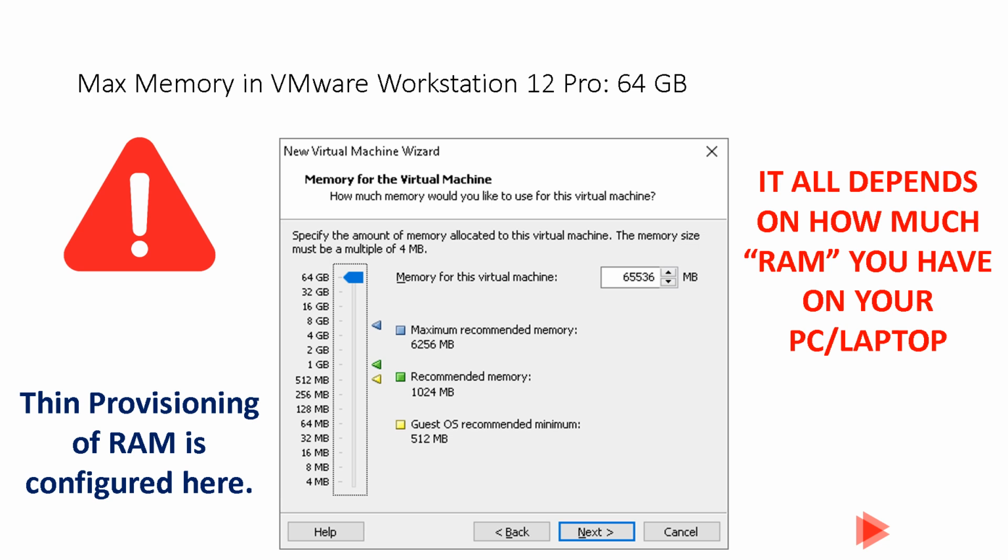So even though I configure 64 GB, it does not utilize that. It will only utilize what is needed by that virtual machine. That is the real sense of thin provisioning. So I've just configured it to the max, even though I have 8 GB of RAM on my physical machine. But ultimately VMware Workstation will throw an error,